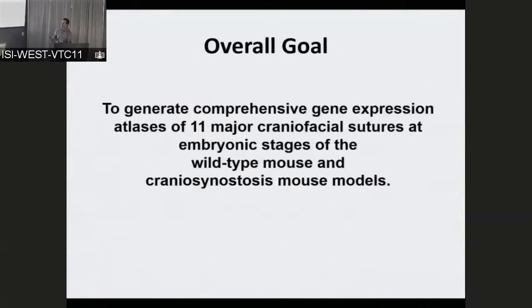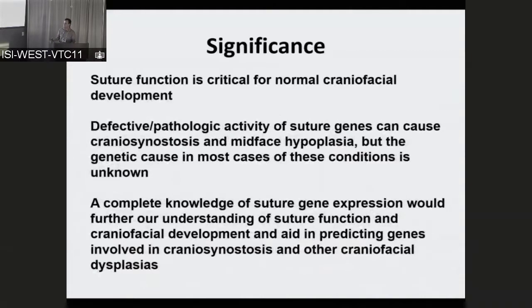So the overall goal of the project is to generate comprehensive gene expression atlases for, we've chosen 11 major craniofacial sutures at 2, and in some cases 3, or one case 3, embryonic stages of the wild-type mouse and 2 craniosynostosis mouse models. So the significance of this is that suture function, if you can picture Shannon's great photos of